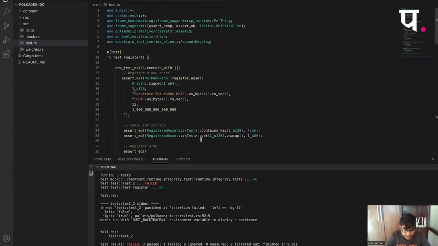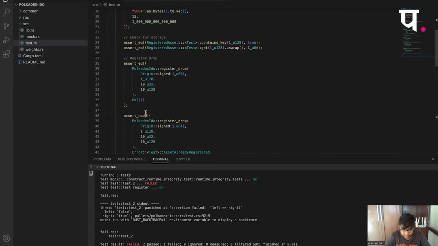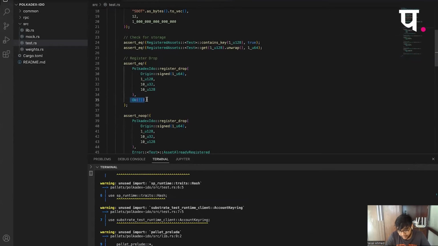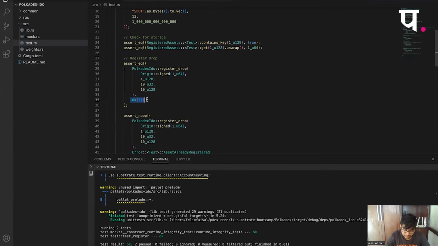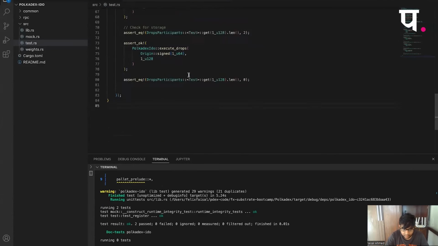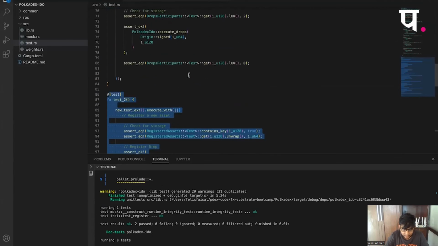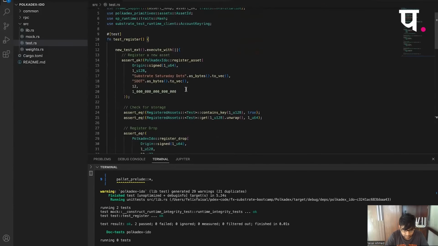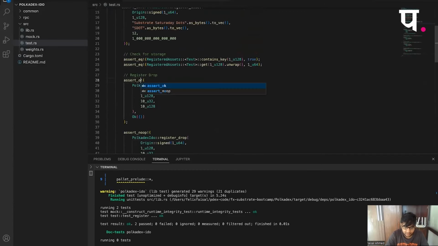So yeah, it's just more convenient to use assert okay instead of doing assert equal to, because we are doing that. So yeah, like you see, it just runs right out of the box if I do it like this also. So I think I'll just convert it to assert okay now. Yeah, so that's it. And any more questions?